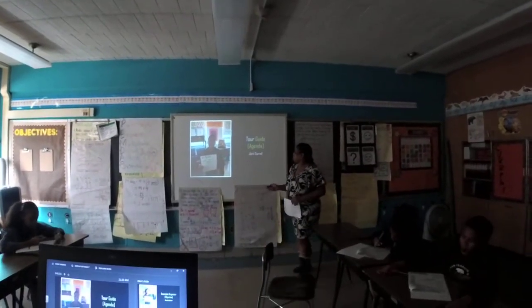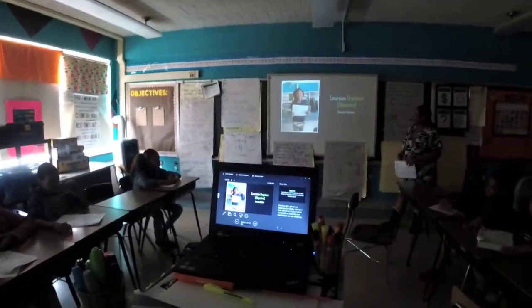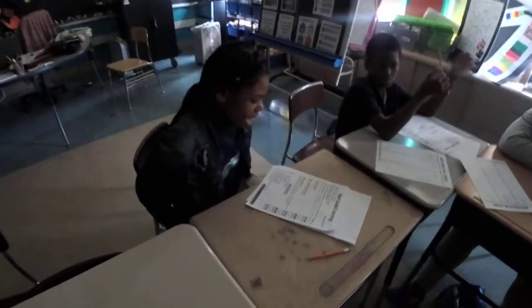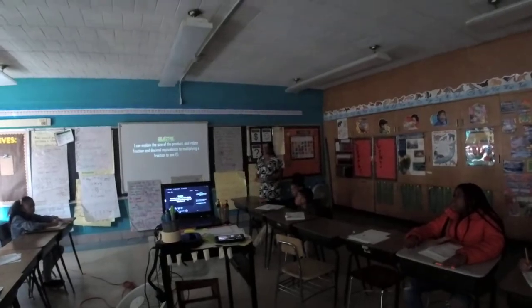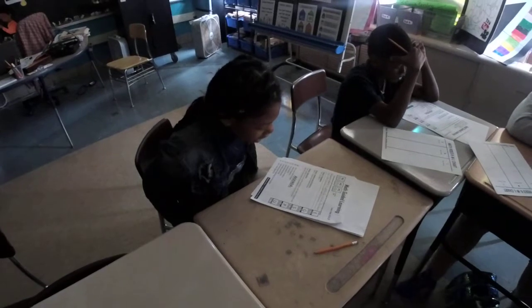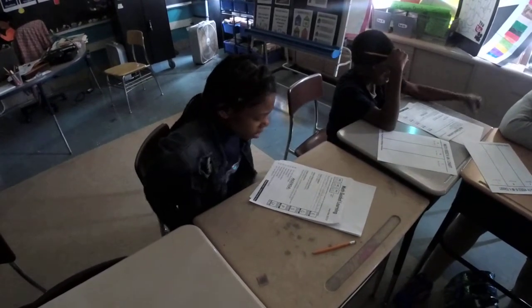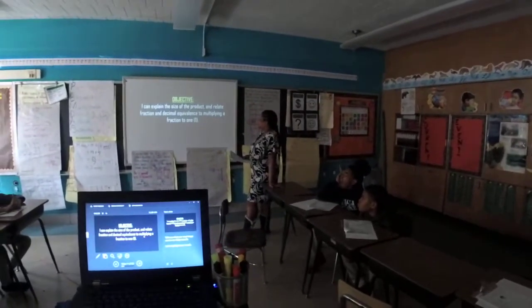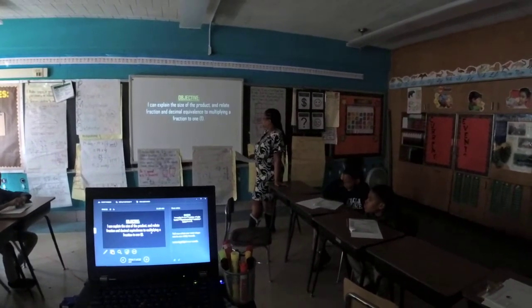Our next person is our excursion organizer, Denisha Gardner. Denisha, tell us where we're going today. She reads the objective, as we always do. Go ahead and read that objective for us. I can explain the size of the product and relate fractions and decimal equivalents to multiply a fraction to 1. Okay, so I can explain the size of the product and relate fraction and decimal equivalents to multiplying a fraction